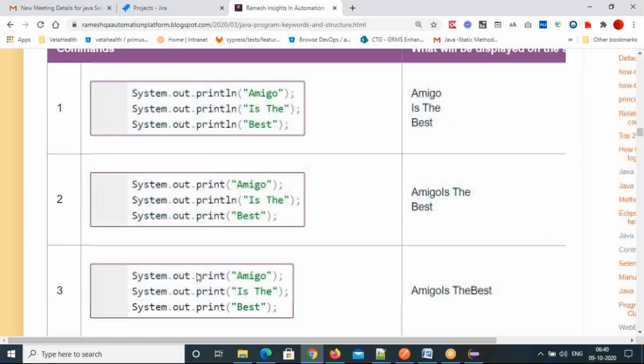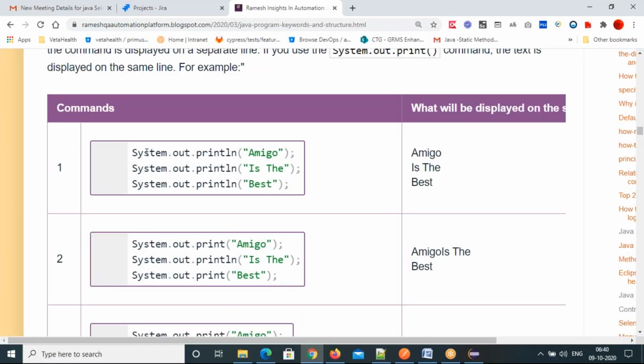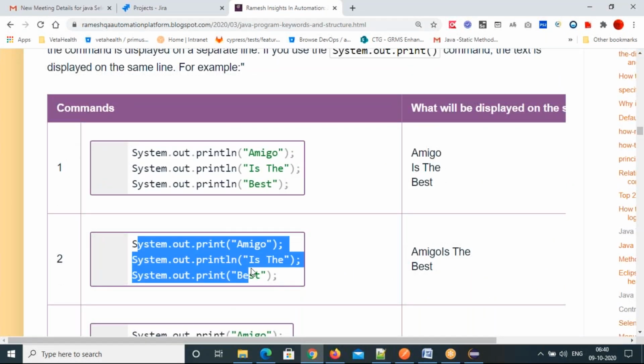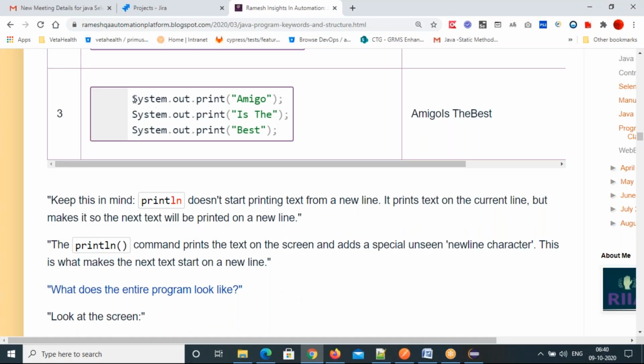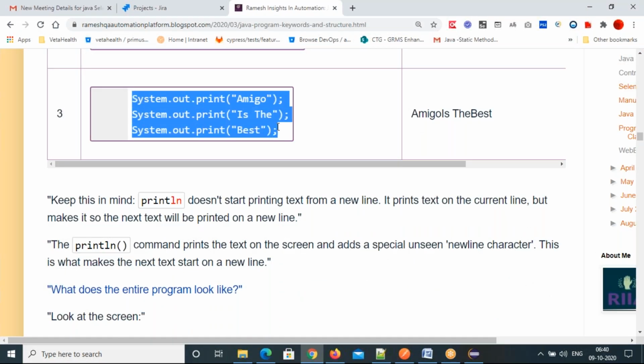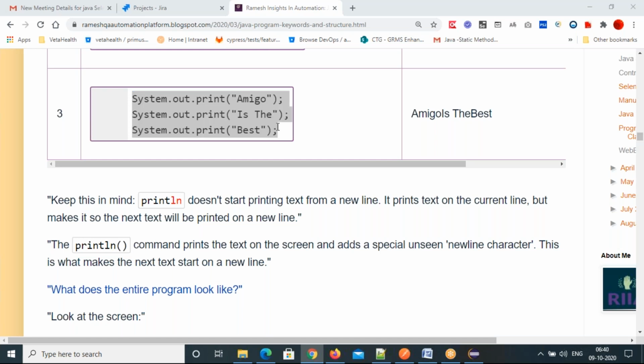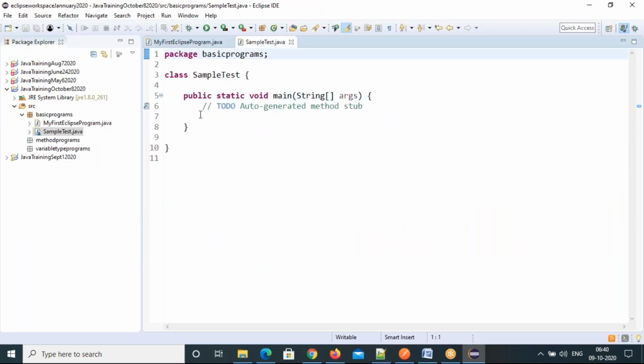So that's the class structure, and let's first understand. These are a lot of statements I have given here. You go and practice. These are all print statements. I have given println and print statements. If you take this, put it here in the sample program, we'll keep it here.